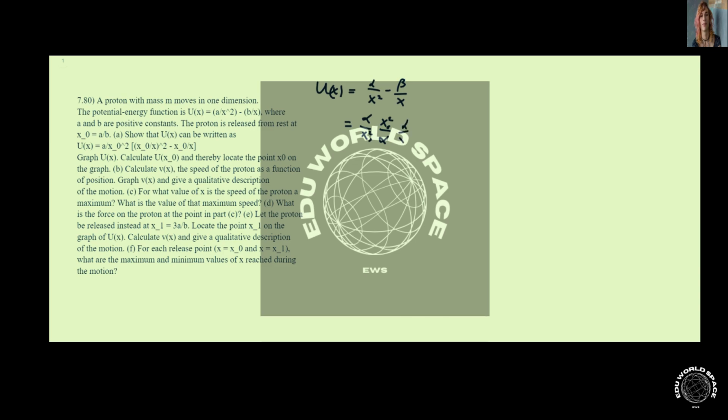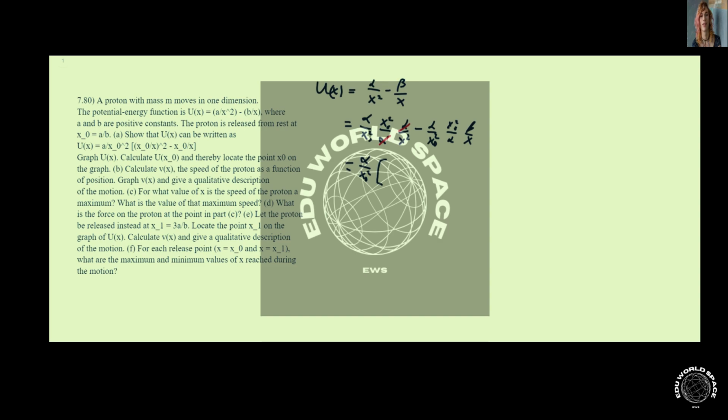So we have alpha over x squared. I'm going to write the same first two terms, minus alpha over x naught squared, x naught squared over alpha, and then beta over x. And then I can pull out the term in front. So we have x over x naught squared. That's the first term we need here. And then you can do some simplification. So this will cancel out. And then we have